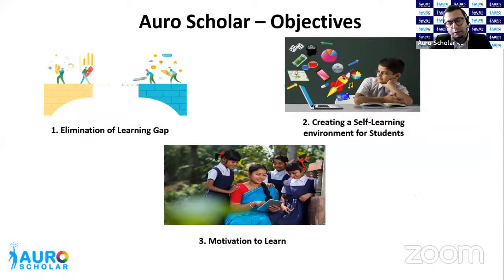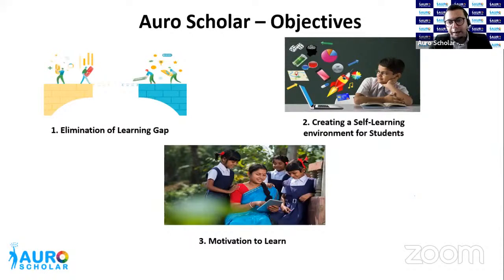Now, as I mentioned, we're on the third part of the PPT, and we will now understand what are the main objectives that we try to achieve through this program. So we understand the overview of the program. We understand how the app works for the teachers and the students. Now I will explain why the architecture of the quizzes is such that we start from grade -3, and how it helps. So the three main objectives that we try to achieve through this program are elimination of the